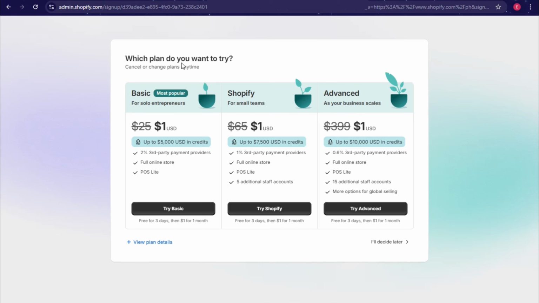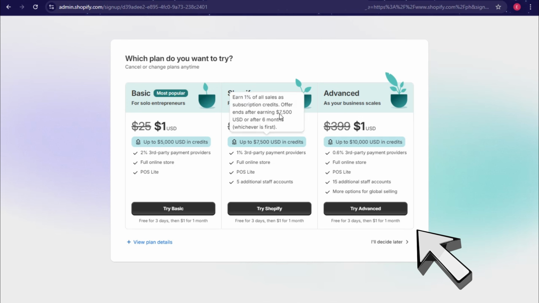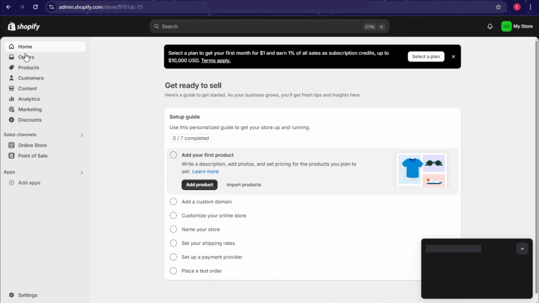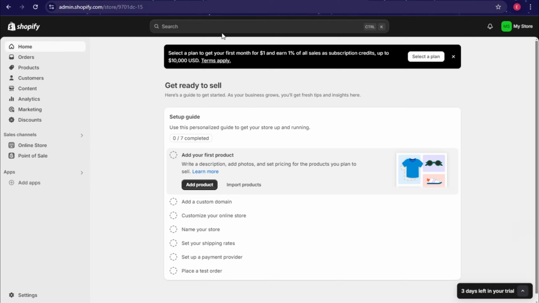You can upgrade, you can try Basic, Shopify, and Advanced with their features inside. So you will see the advantage of upgrading your plan here. This time, let's just use the free version of Shopify, but it will expire soon. So this is your Shopify account, and in order to create a Shopify store, you have to go to